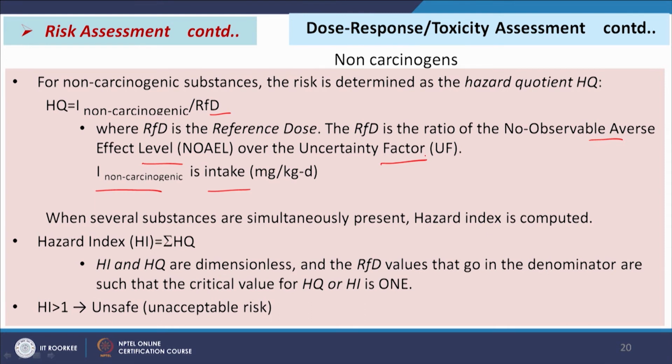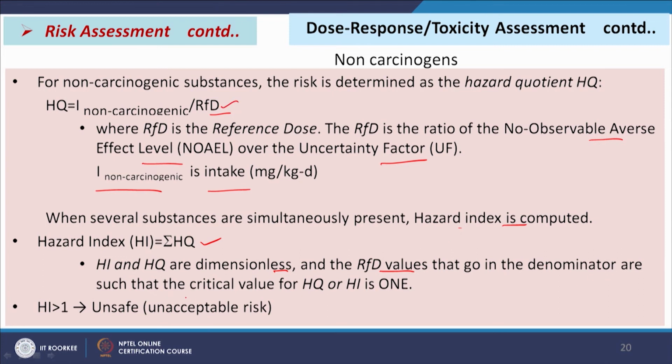So, that we have already discussed, and when several substances are present, not only one substance, more substances are present, then simultaneously we will be taking the hazard index for that case. So, hazard index is equal to the sum of HQ, that is the sum of the hazard quotient. Now, HI and HQ are dimensionless, and the RFD values that go in the denominator in these expressions,